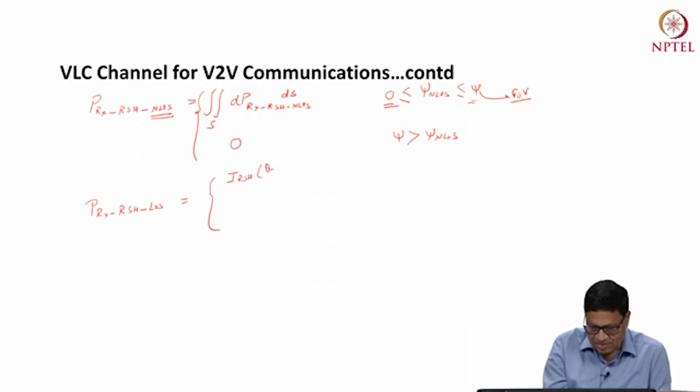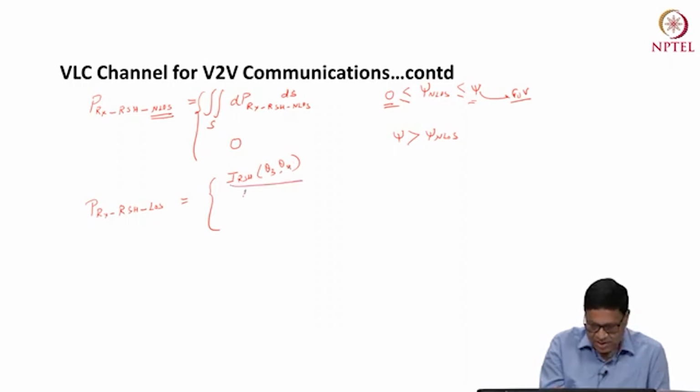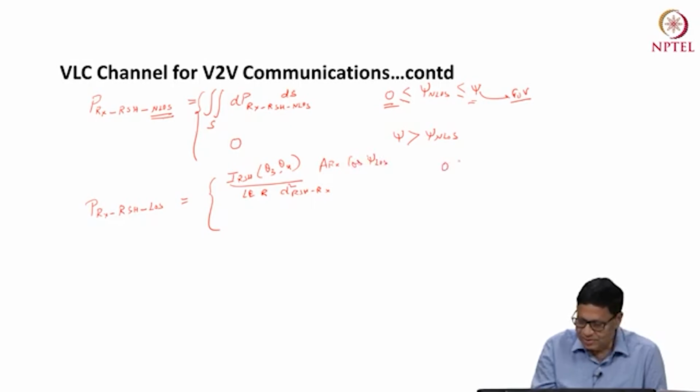Now this is a function of theta 3 and theta 4, because these are the horizontal and vertical angles with respect to the axis of the headlamp, divided by LER, and this distance is d square RSH-Rx, into the receiver area ARX into cos psi LOS. And when psi LOS is between this angle, only then this is valid,